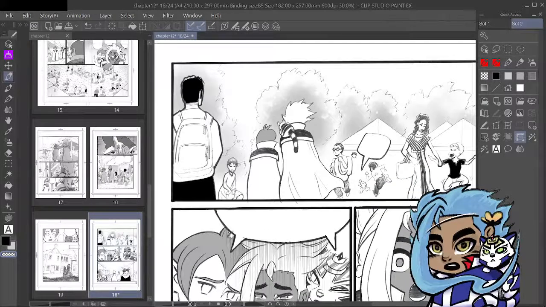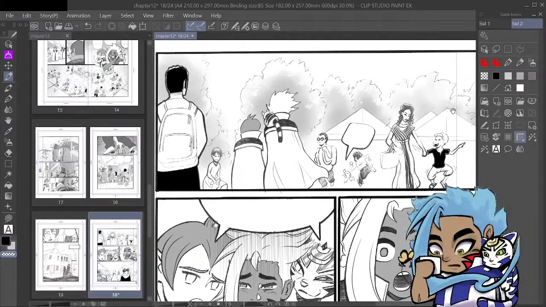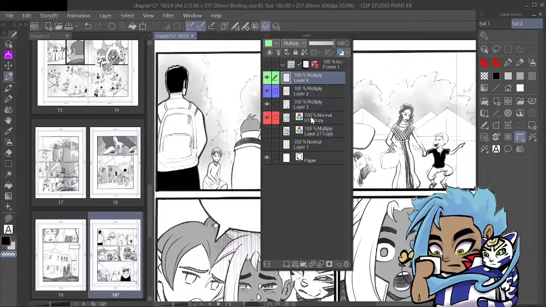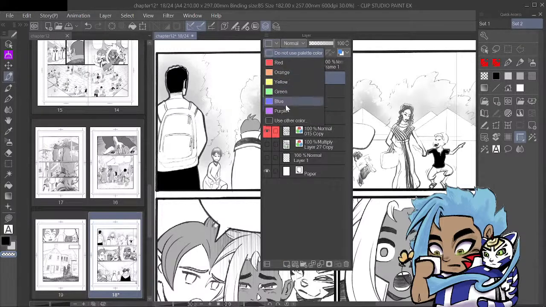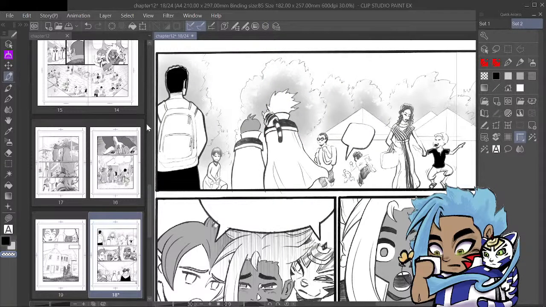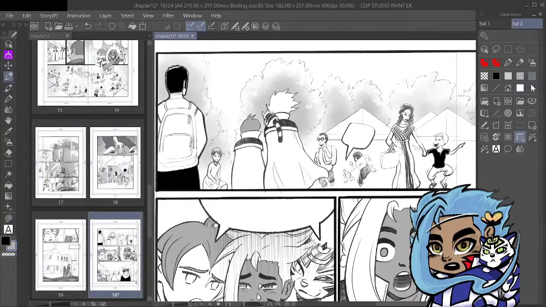Now, what layer should I go to here? Okay, I'm gonna go for this value here.